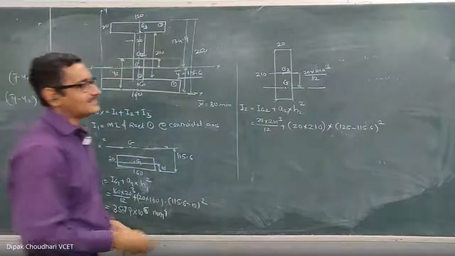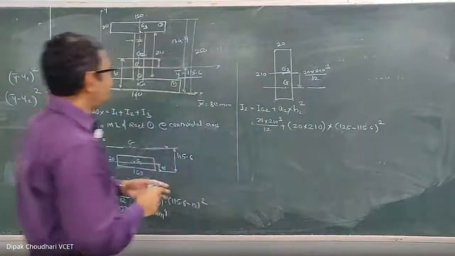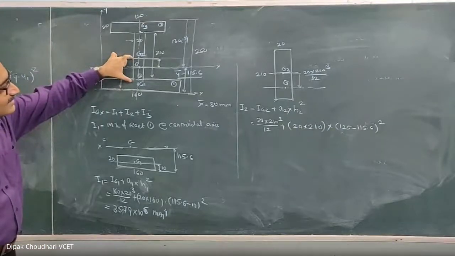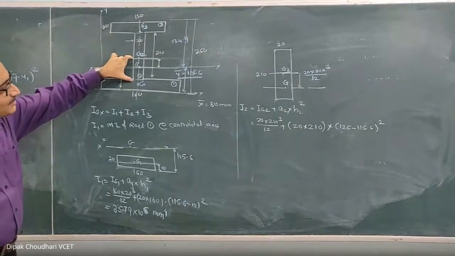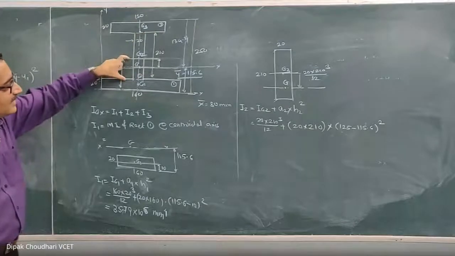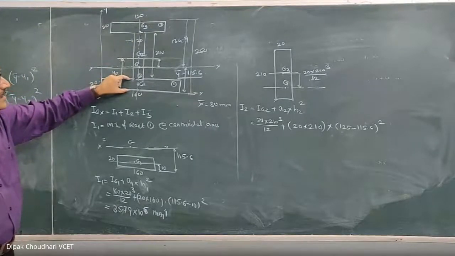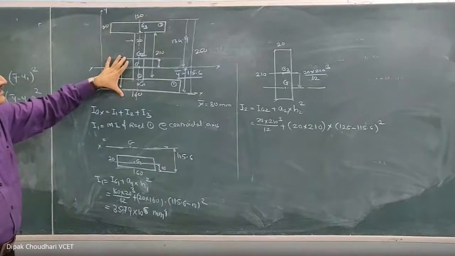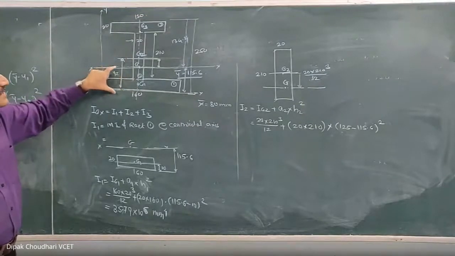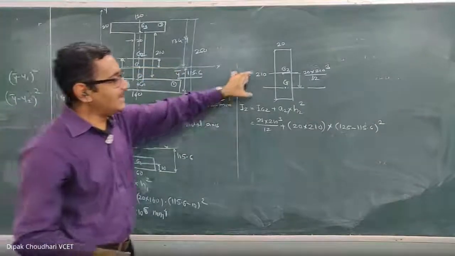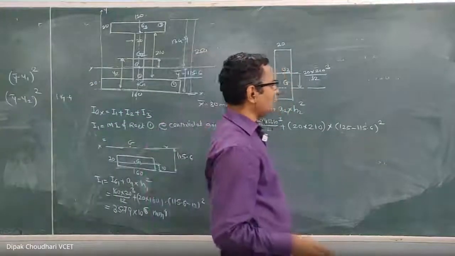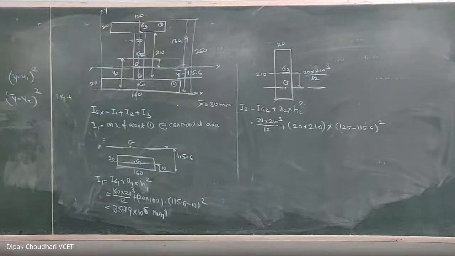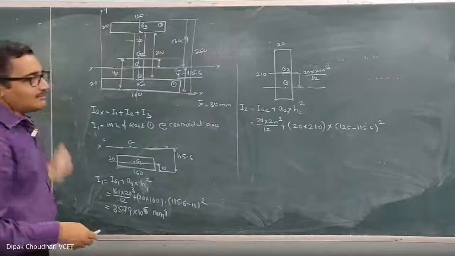Okay, have you understood this? From the bottom, this distance is 125. It is 105 because the total is 210. This is 105 plus 20, so it is 125. Minus this distance 115.6, so you will get this distance. It is (125 − 115.6) whole square. Definitely it won't be 114. Rahul, it is not 114.